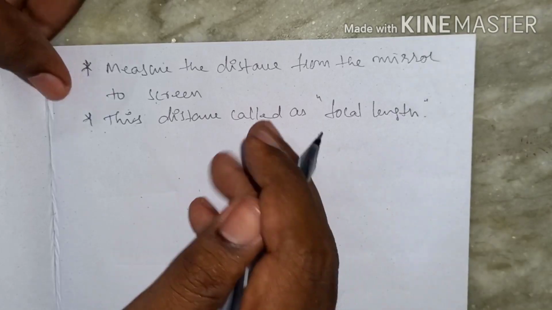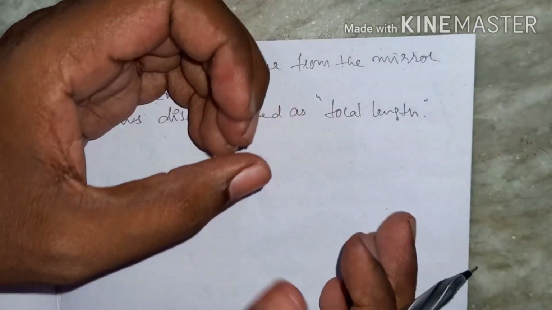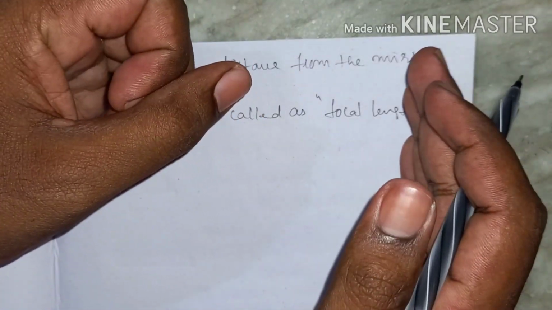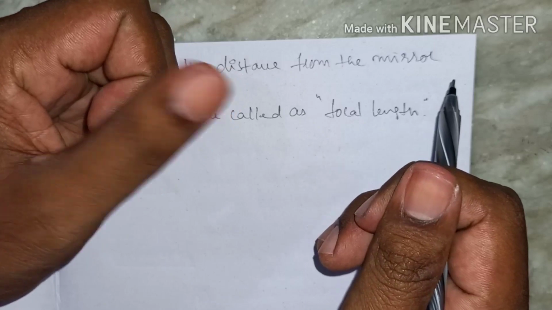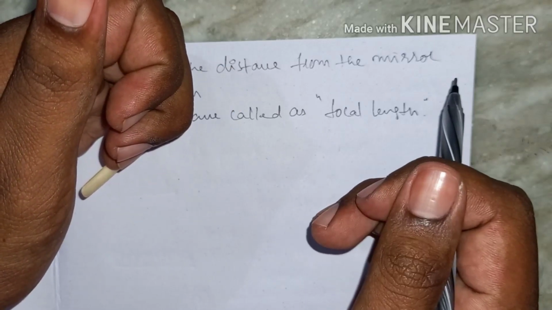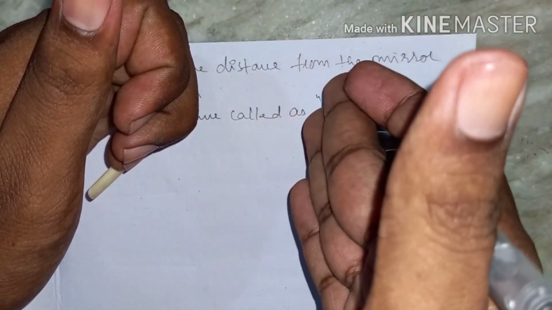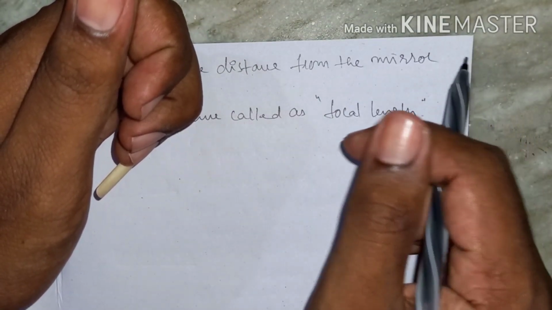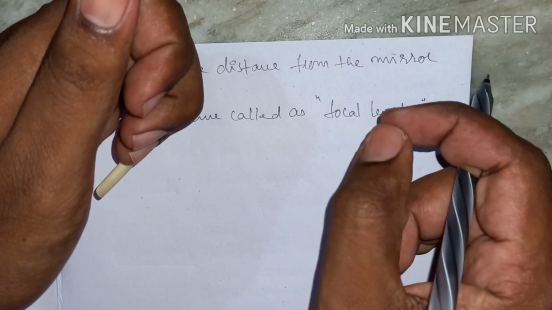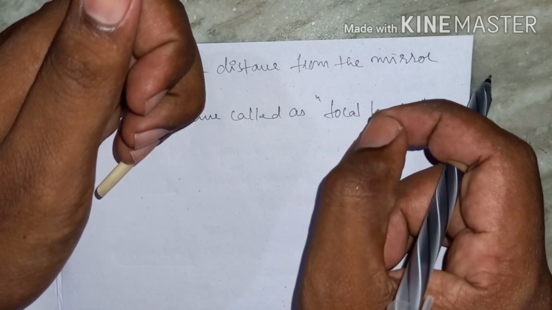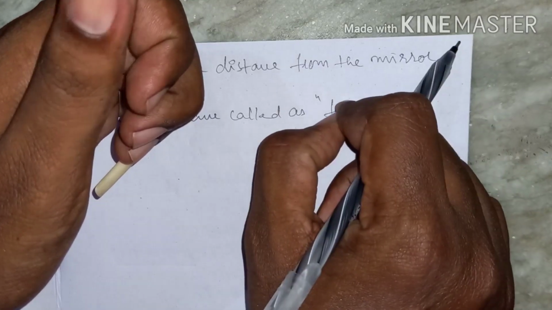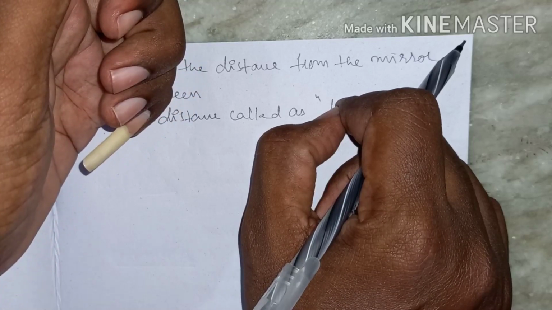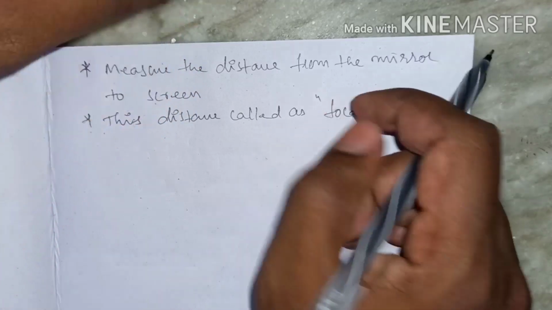This is the small activity we have done previously. Arranging the V-shaped frame, arranging the candle here, and lighting the candle, we are placing the candle in front of the concave mirror, and after that placing the screen to get the sharp image between the mirror and the candle. Adjust the screen until you get the sharp image. That sharp image point is nothing but the focal point. The length between the sharp image on the screen and the concave mirror we call the focal length.